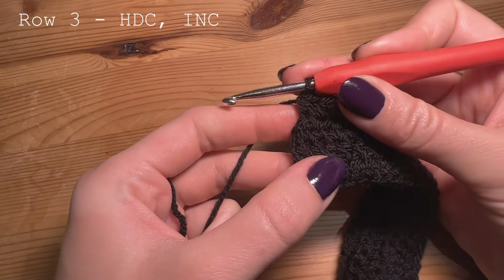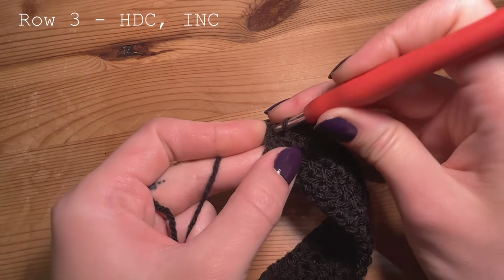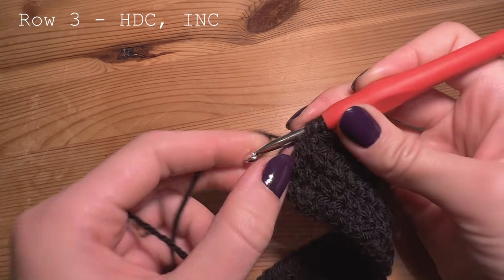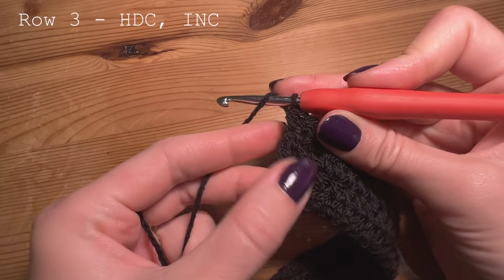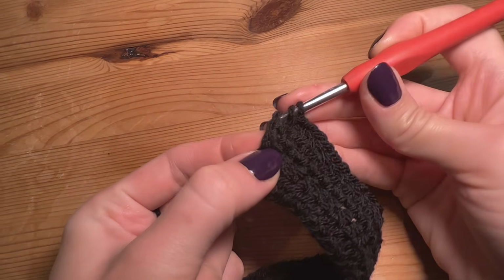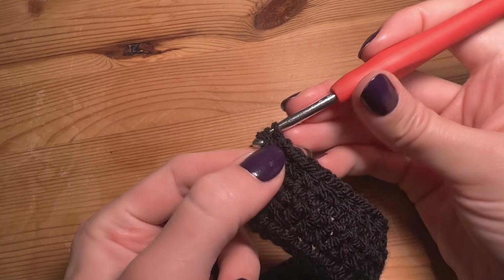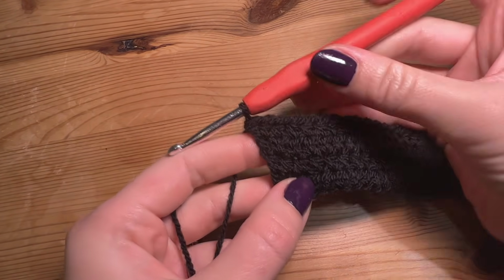Now when we have 1 stitch, we're gonna do an increase. So make 1 half double crochet, and then we're gonna do another half double crochet into the same stitch that we just worked in. So we made two half double crochets into the same stitch, and we made an increase, and now chain 1,